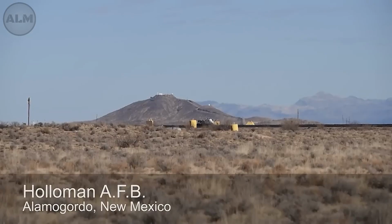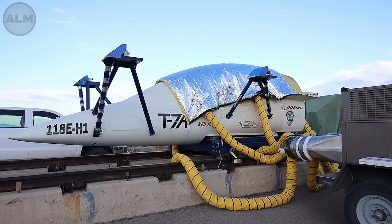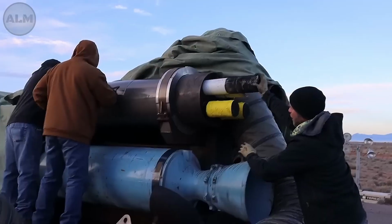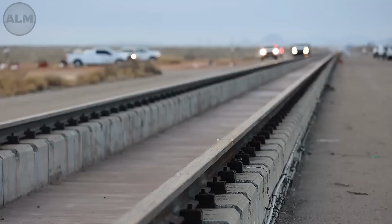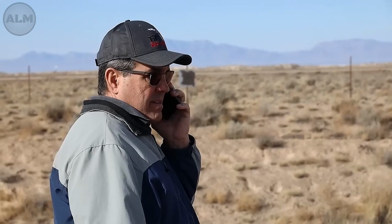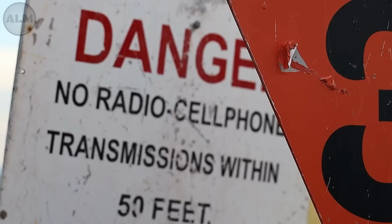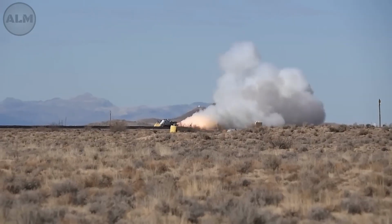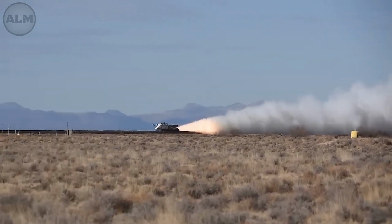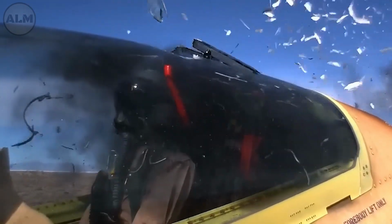As mentioned earlier, this $9.2 billion contract was supposed to see the T-7 replace the US Air Force's aging T-38 fleet by 2023. However, things haven't gone as smoothly as planned. Early quality checks of the first couple of T-7 prototypes revealed a number of significant issues, one in particular related to the safety of the rocket-powered ejection seats, with serious concerns that using the ejection system could cause severe injury